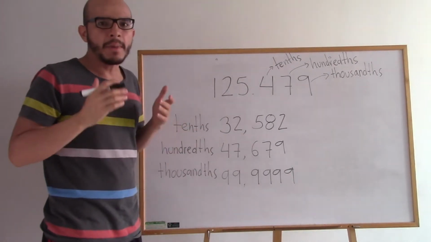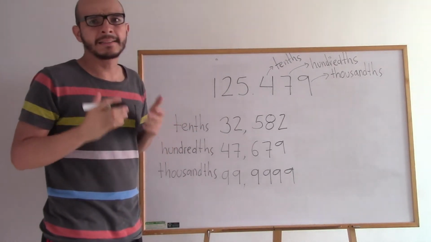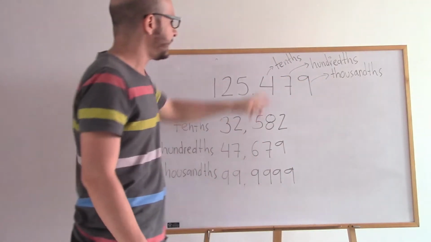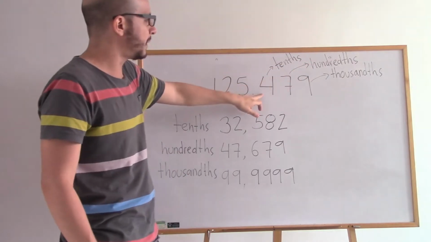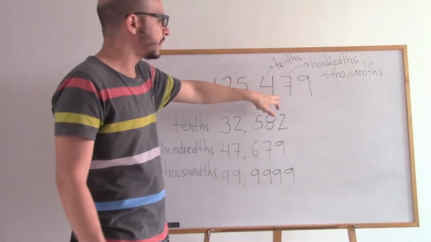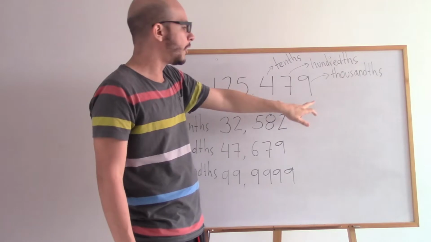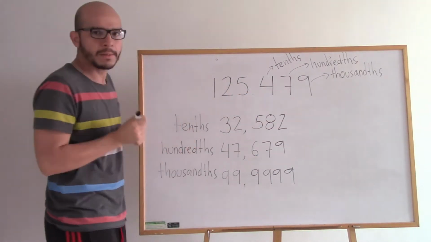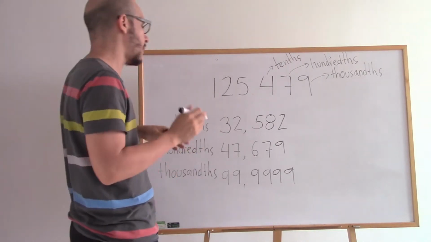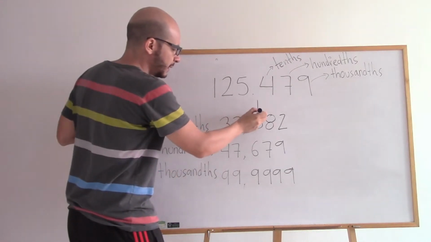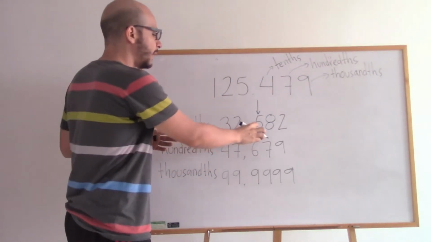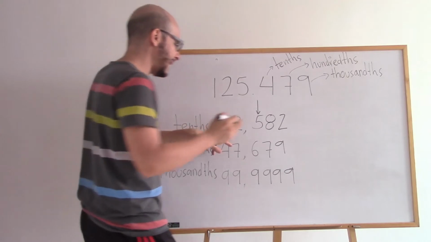0,00742. So the last case we have about rounding a number is when we are asked to round the number to the tens, to the hundreds, or to the thousands. The tens is the first decimal place, the hundreds will be the second decimal place, and the thousands will be the third decimal place. So let's imagine we want to round this number to the tens. What we have to do is to highlight the number we want to round. In this case, the first decimal place. The number located on the right side is bigger than 5, meaning this 5 goes one digit up. So what we get is